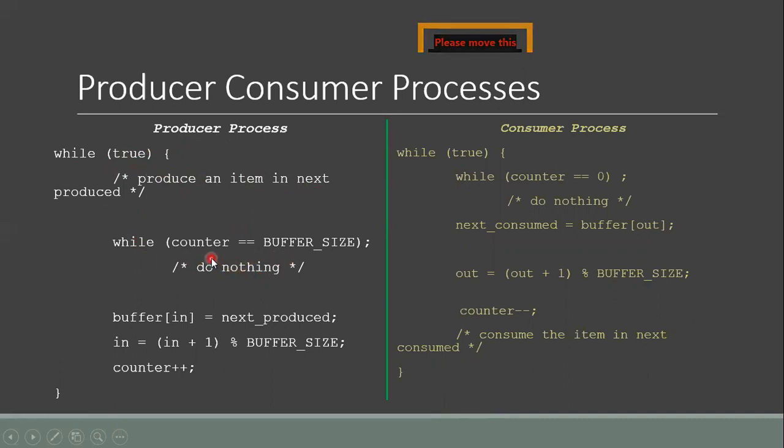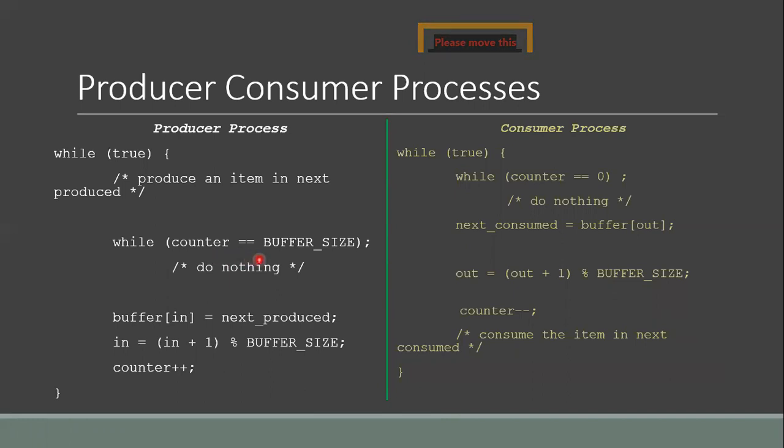This condition determines that if the buffer is full, the producer process cannot produce any more items, because no space is available in the buffer to store these items. So the producer process will have to wait until there is some room in the buffer.